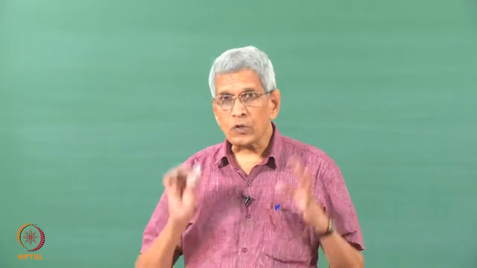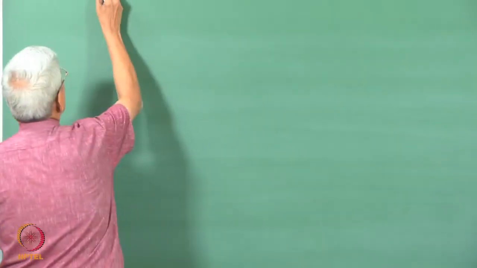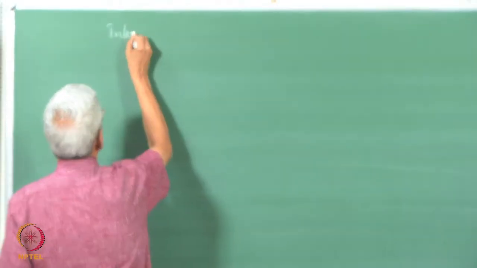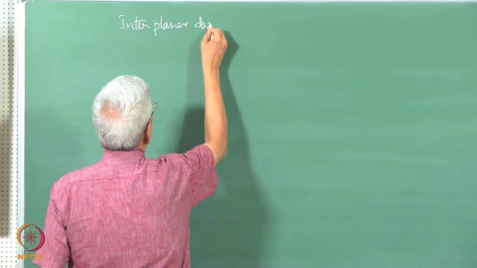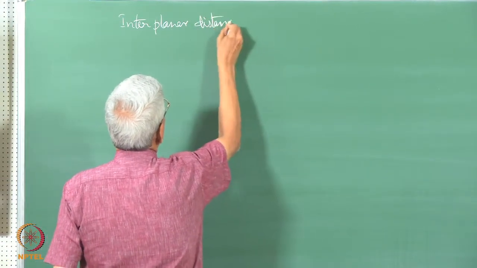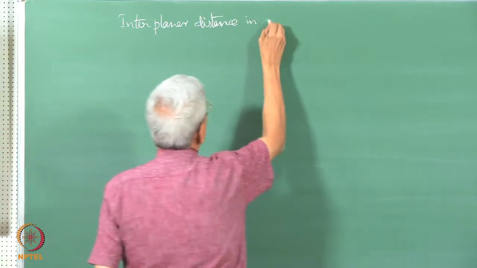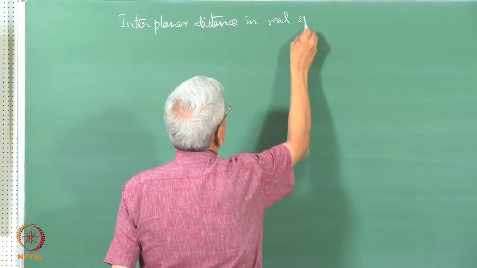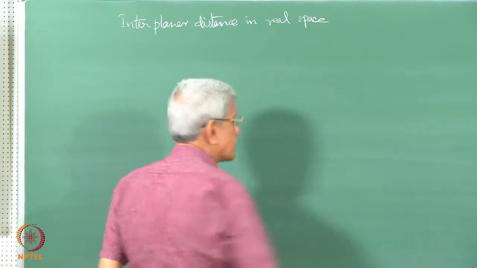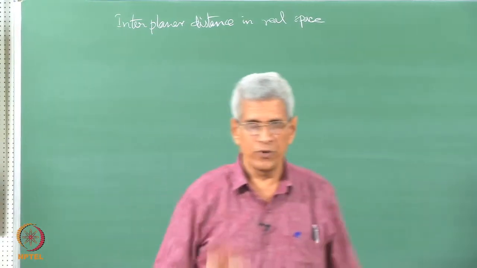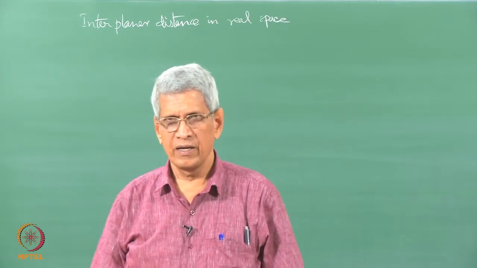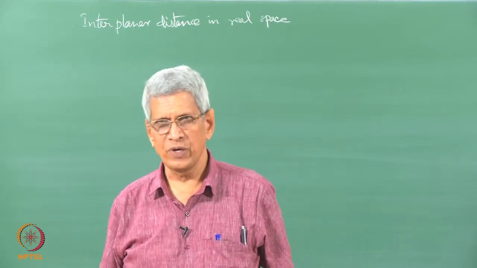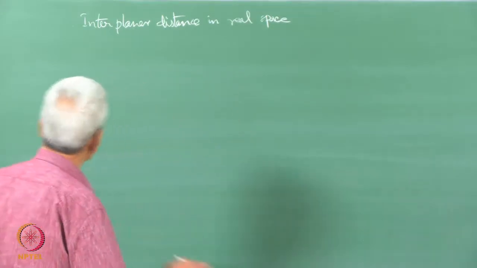Suppose we wanted to find out the angle between interplanar distance using the real space concept itself. We do not want to invoke the reciprocal lattice vector at all. Then what we have to do essentially is